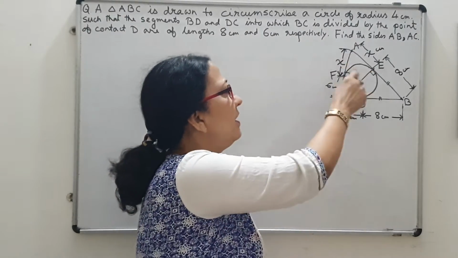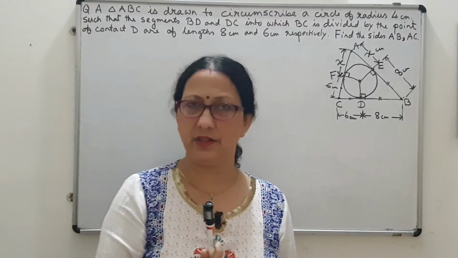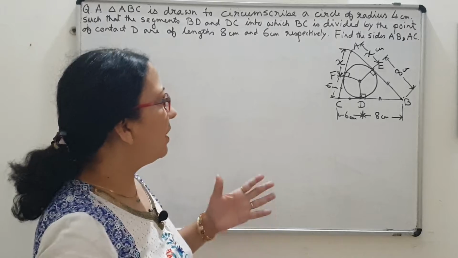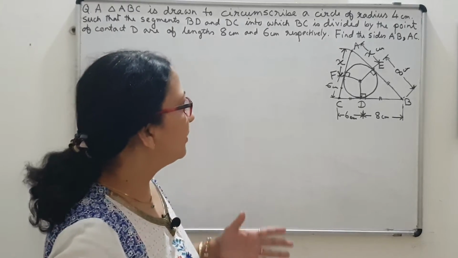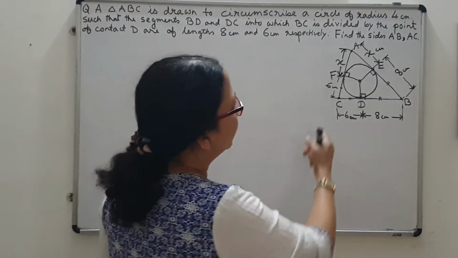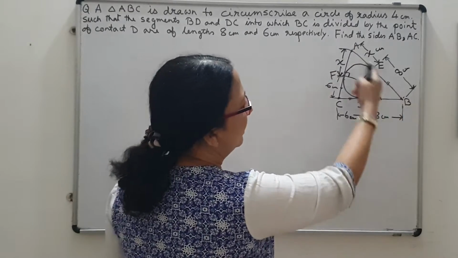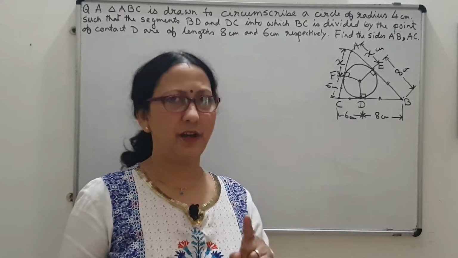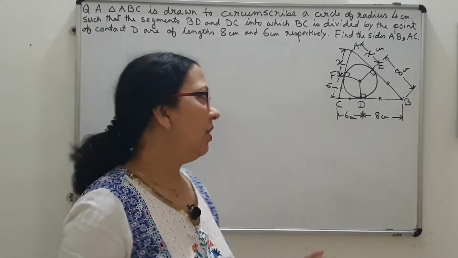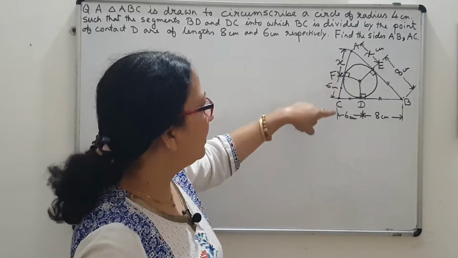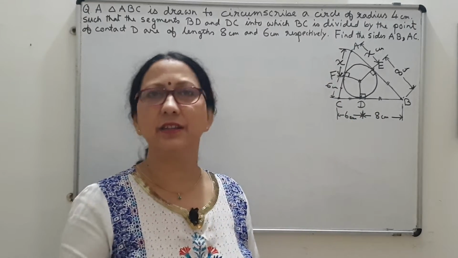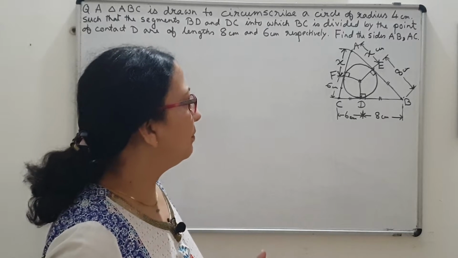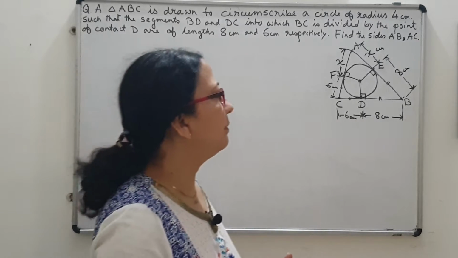Okay. Now for finding one unknown, I need one equation. So how can I form an equation? That I have to think now. So one thing I can say is that I can find out the area of this triangle ABC in 2 different ways, and then I can equate them so that I will get one equation. So let us do that. One way that I will find the area will be by Heron's formula that you have learnt in 9th class, and the other way will be different.